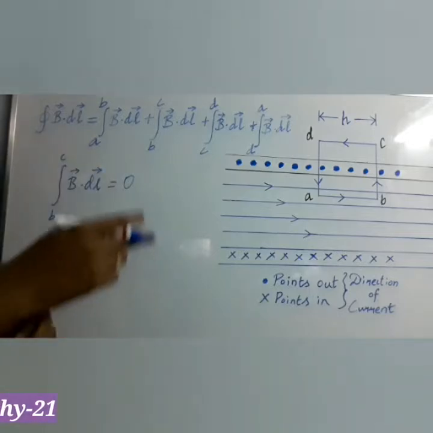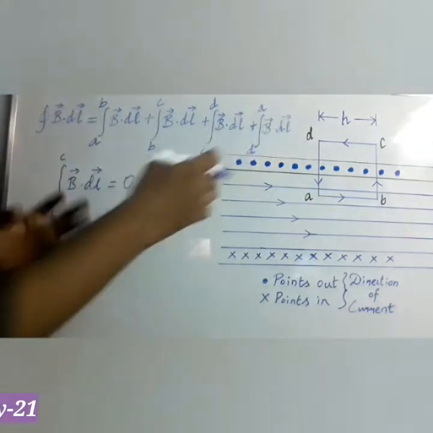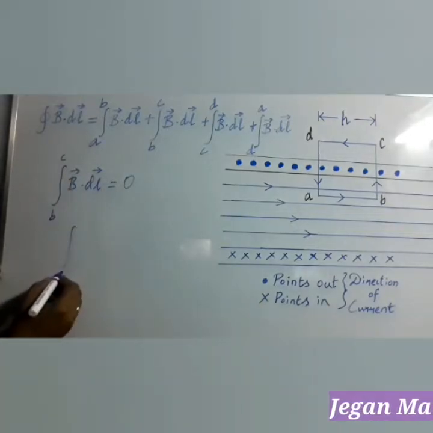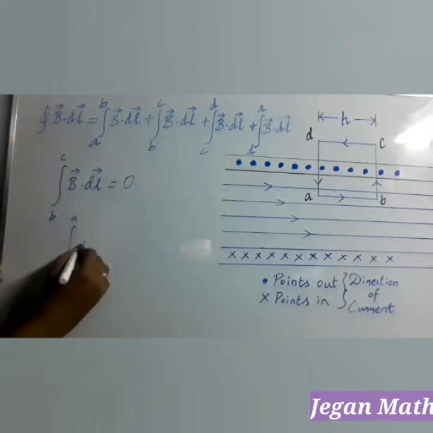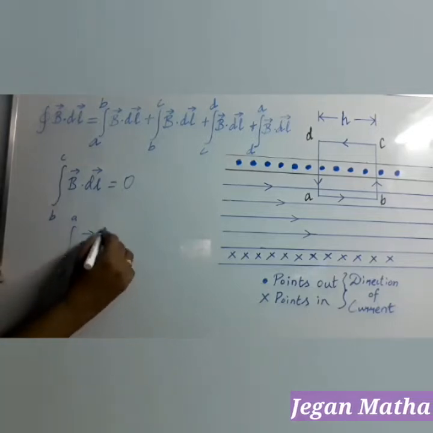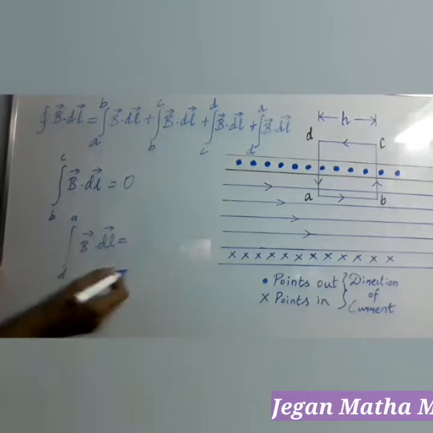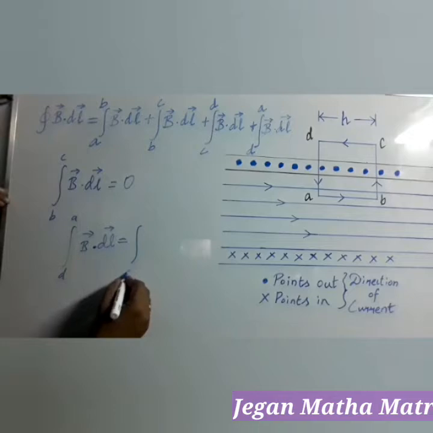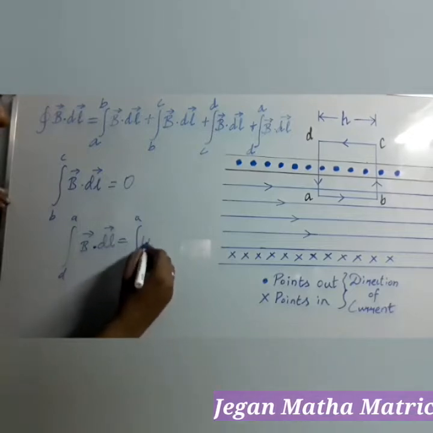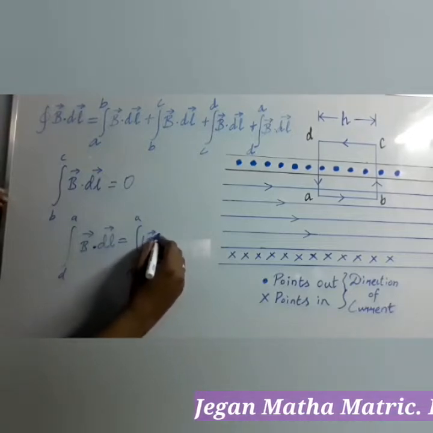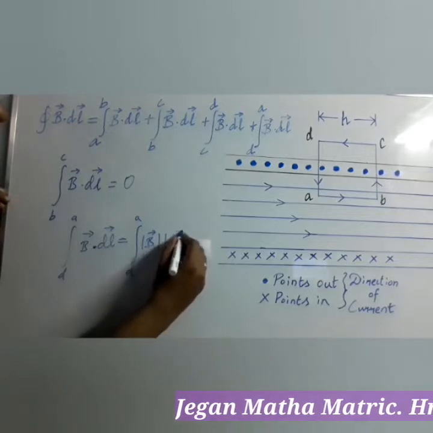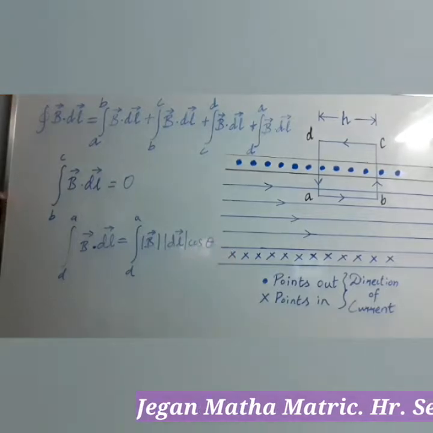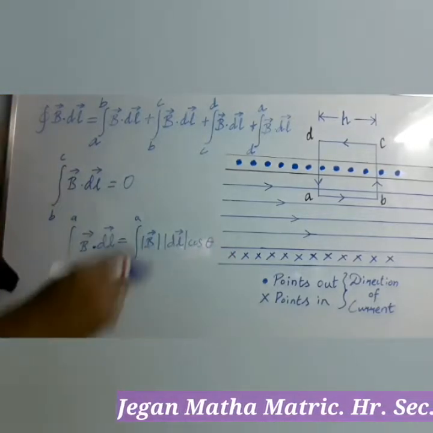Likewise, we are going to take the other integral part, that is for length element D to A. So I am going to write that integral D to A B dot dl once again. How can we expand that one? Integral of dot product is used here, integral from D to A of modulus of B and modulus of dl. So in a dot product we have to use cos theta. Once again, theta is the angle between the length element and the magnetic field.